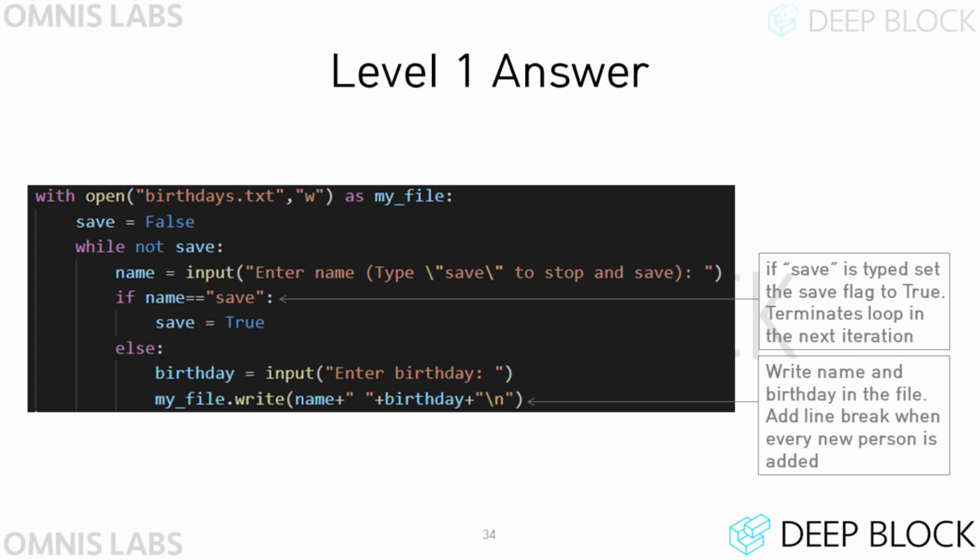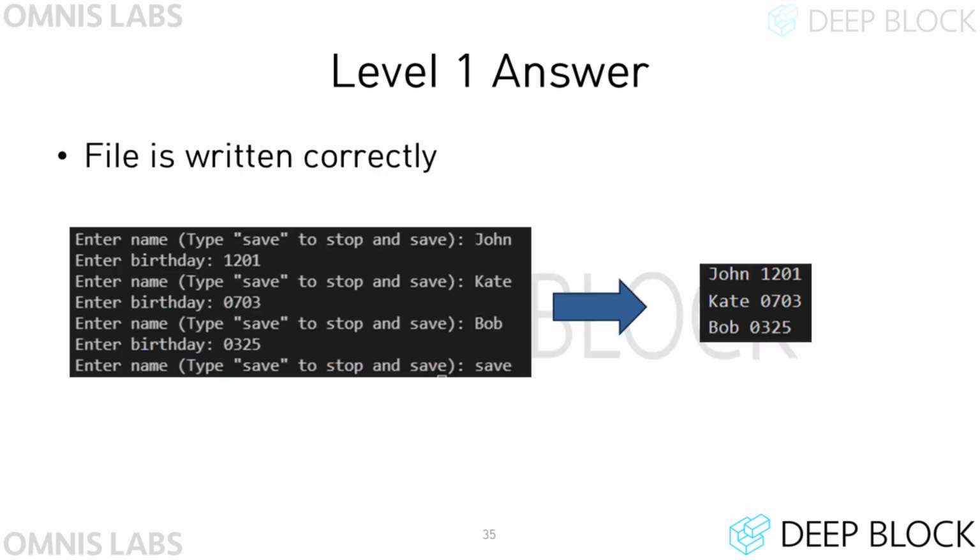In other cases, the date of birth is continuously input from the user. The program then writes the name and birthday to the file all at once, and the loop continues. If you run the program, you can see that the program works well.